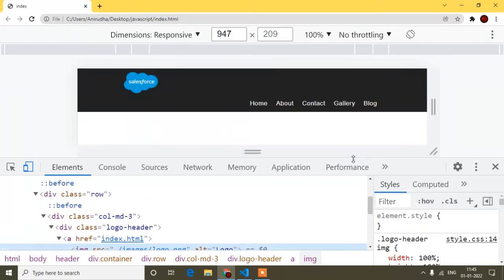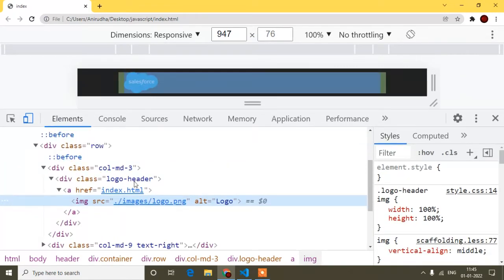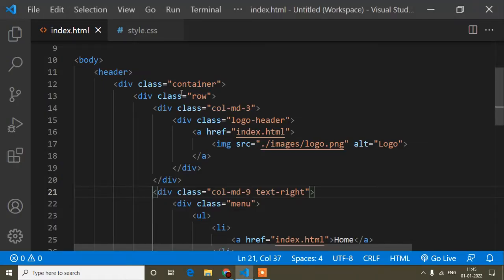Just remember, I just noticed here. Okay, what I'm trying to say, column MD3, there are some column properties. Large, MD, small, XS. Okay, so guys, here I will write col-lg-3 also, like this. And same way here I will write col-lg-9.